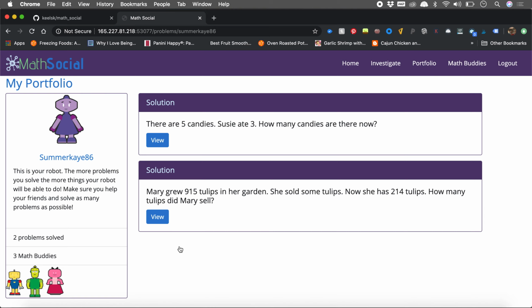And it actually brings me to my math portfolio, which is this button right here. So after you investigate, it'll show all of the problems that you did. It's similar to the home screen, but it's all of the user's problems. And so here I can see how many problems I solved, how many math buddies I have, and then if I want to go and edit it again,